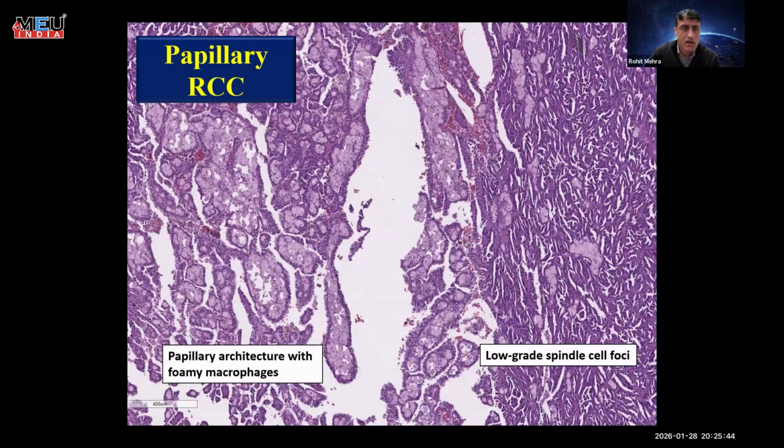Moving on to the next tumor, papillary renal cell carcinoma is the second commonest renal epithelial malignancy in adults. And these are the classic features for papillary renal cell carcinoma, where we have expanded lamina propria with fibrovascular cores stuffed with histiocytes. And then we have a cuboidal to low columnar